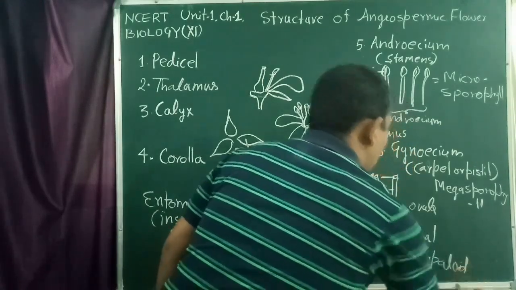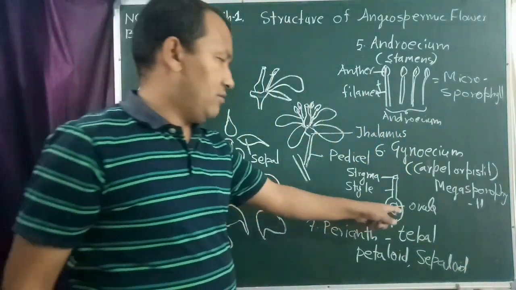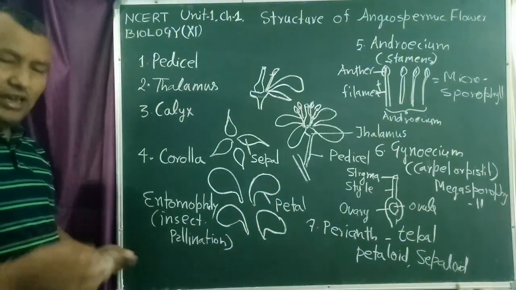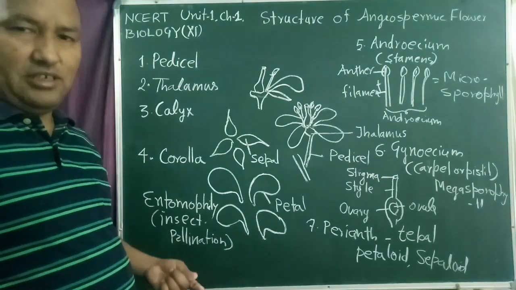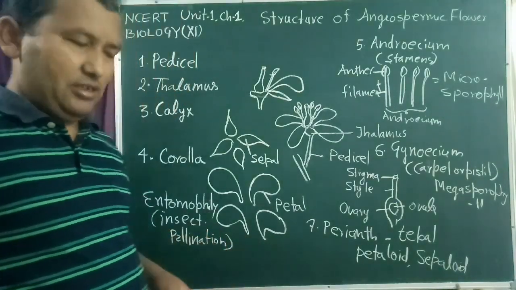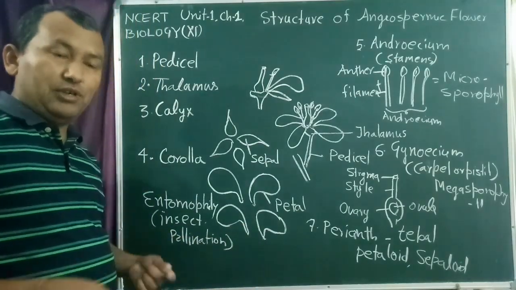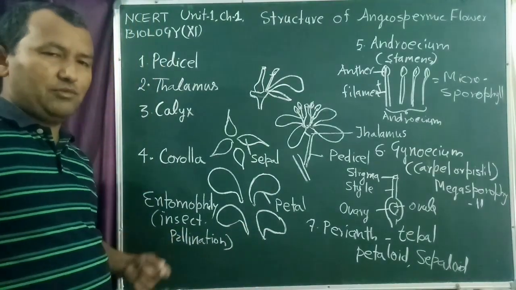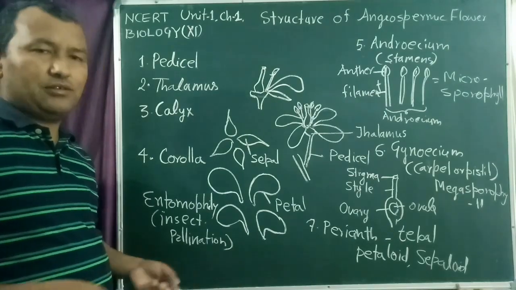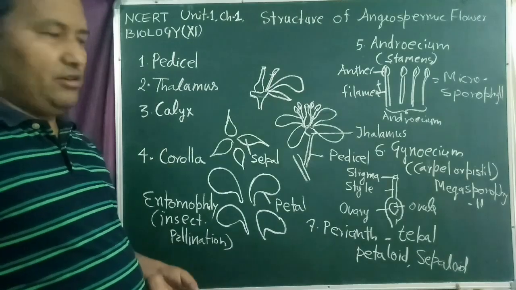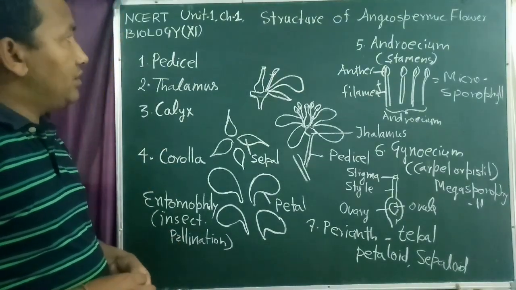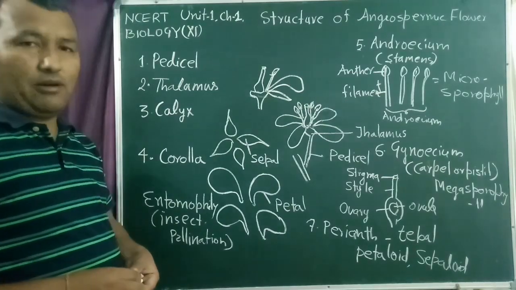And inside the ovary, when we cut transverse sections, we can see the arrangement of the carpels. If one carpel is there, you may have a different picture. If you have two, different. In the same way, if you have 5 carpels, then you may draw different diagrams. And this is all about the flower, which is of course the angiosperm flower.